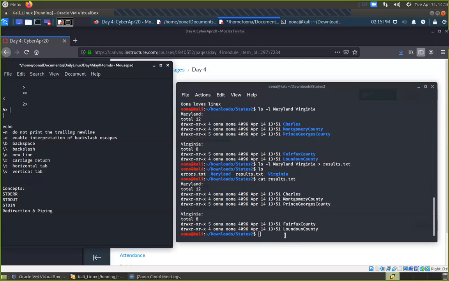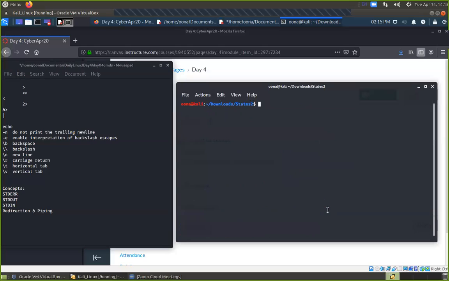Okay, so if you wanted both the standard error and the standard output within a file, this one will only get you the standard output, and the 2 greater than will get you only the standard error, right? If I want both of them, I could still do it. Hold on. So let's do ls. Let's see if it'll work. Let's try Maryland, Virginia, and New Jersey. We know that New Jersey is not a directory, right? I'm going to say go ahead and move over in the